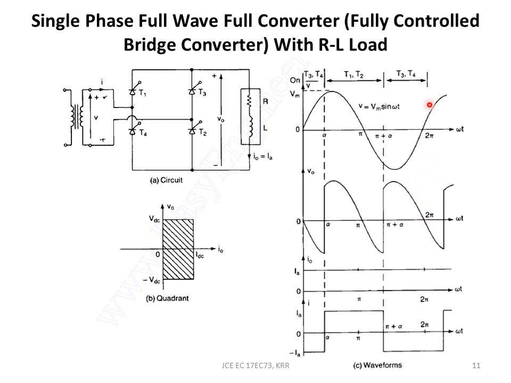At 2 pi, what happens is the input is going to reverse bias these two thyristors. Will it stop conducting after 2 pi? No. Why? Because the inductor will not allow it to stop. And anyway, though T1 and T2 are forward biased, they have not yet got the gate pulse. So until they get the gate pulse, T3 and T4 will continue to conduct the current.